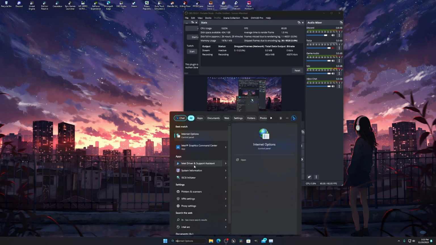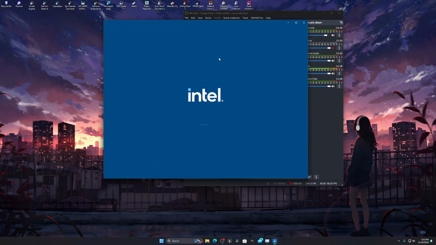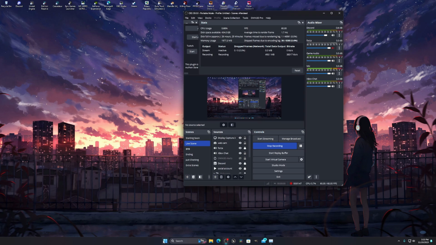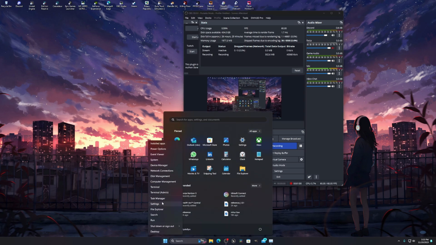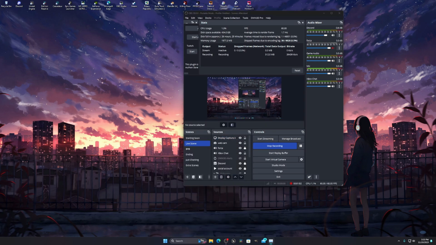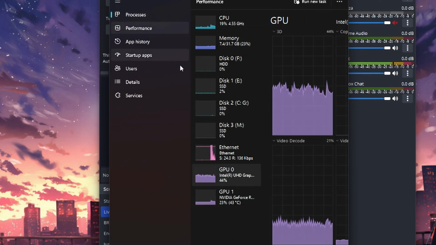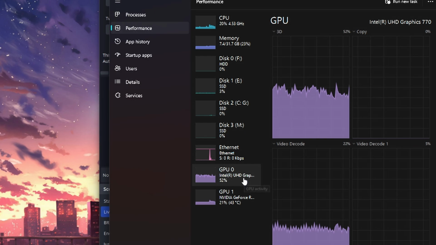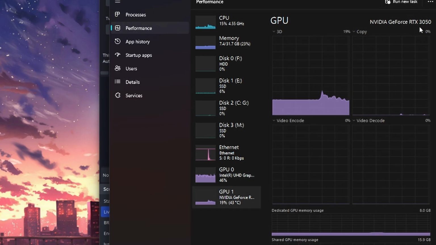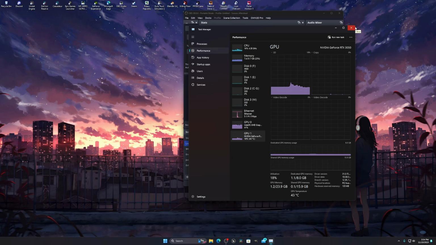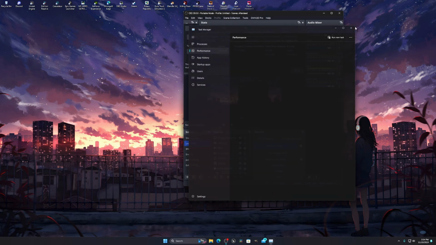Then after installing, make sure that you install it properly. You can see my Intel Graphics Command Center is showing and it is opening perfectly fine. The second thing you can do is open the task manager, and there you can see my Intel integrated GPU, the UHD 770, and there is my graphics card, the RTX 3050. Okay, so once you are sure that you have an integrated graphic and you have installed everything in the driver,